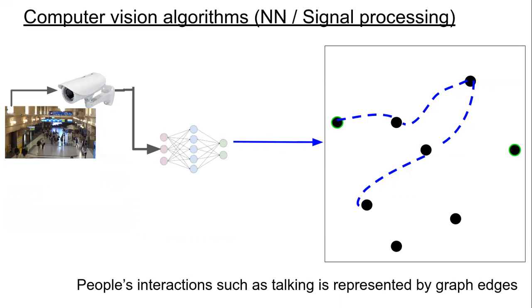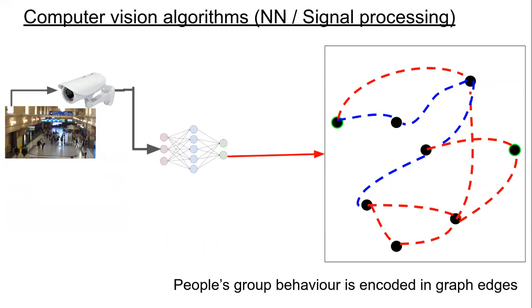They can evolve with time, they can reduce with time because these actions change in time. And then another such interaction that we can find is the group behavior. For example, if a set of people are together all the time, those things also can be represented by edges between these nodes. You can have multiple types of edges in this graph with different